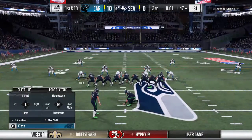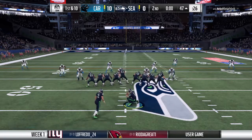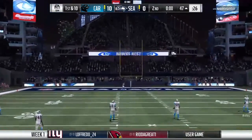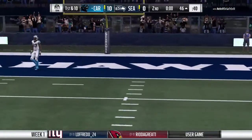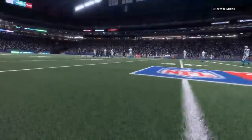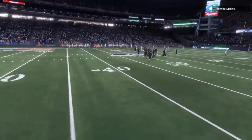And now a long one for Matt Bryant. He's hit from 62 in his career, but that was all the way back in 2006. This to equal Matt Prater's record. It's a 64-yard attempt. He's got the leg, but it's no good. He missed it right. So we have reached halftime here in the Thursday night opener,